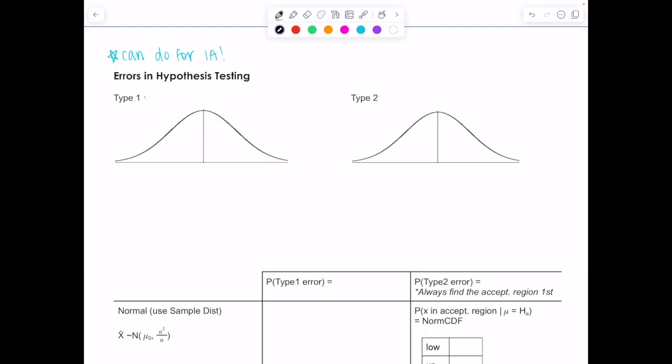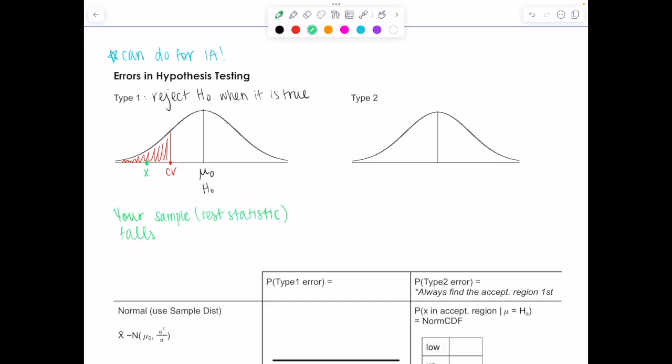But a type 1 error is rejecting your null hypothesis when it is true. So if we're looking at this bell curve, we've got our null hypothesis, our mean here. Say we've got our critical value is down here. This is the critical region. So when you would reject your null hypothesis and you get a value, statistical value that is in that critical region. So your sample or your test statistic, whatever that is, falls in the critical region,